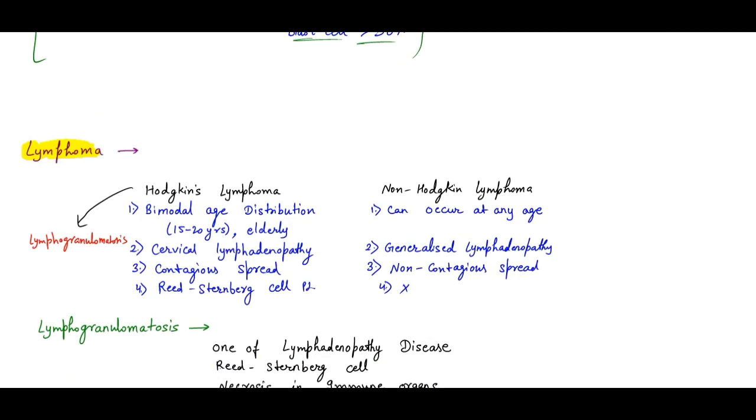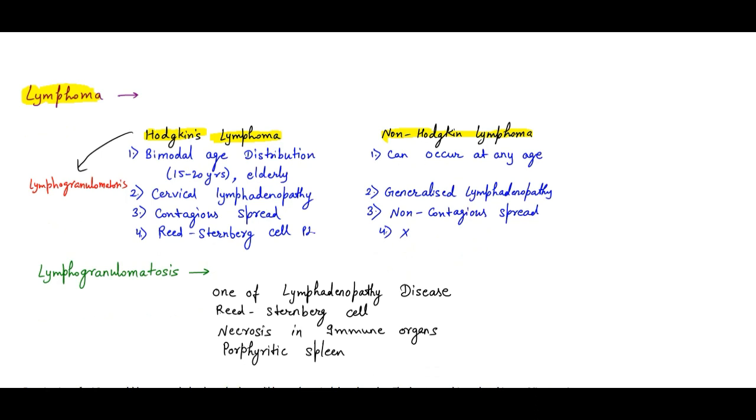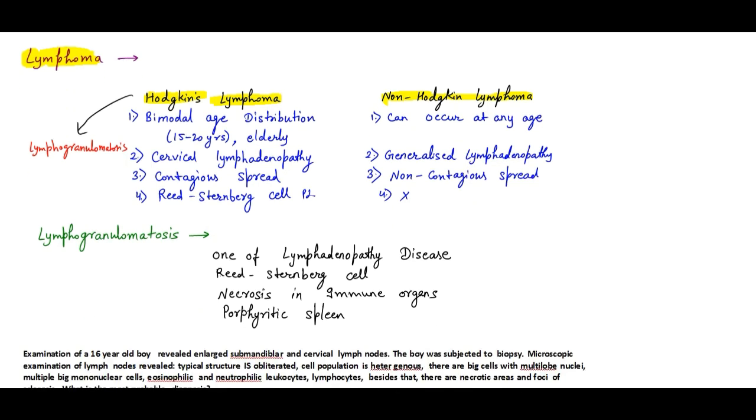So remember, for lymphoma we have two types. We have loads of types, but we are discussing just two here because that's important for us: Hodgkin lymphoma and non-Hodgkin lymphoma. What is the difference between leukemia and lymphoma? In lymphoma there is neoplastic proliferation with involvement of the spleen or systemic tissue. Okay, systemic involvement. Remember, Hodgkin affects both 15 to 20 year olds as well as elderly people, hence bimodal age distribution, and non-Hodgkin can occur at any age. There will be cervical lymphadenopathy in Hodgkin, and generalized lymphadenopathy seen in non-Hodgkin lymphoma.